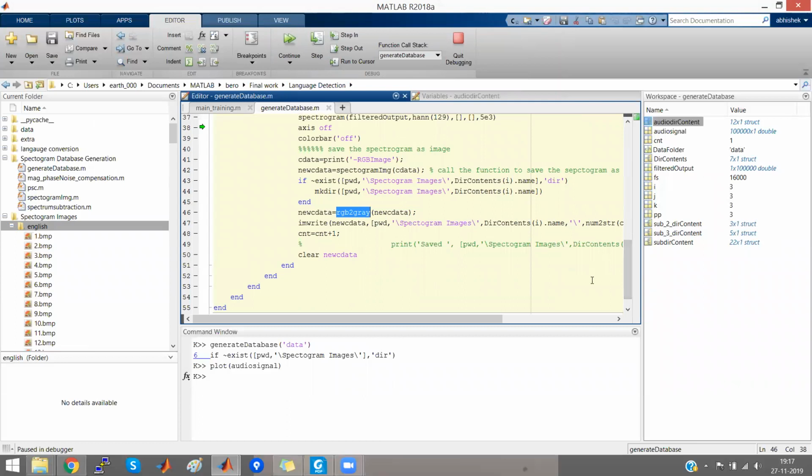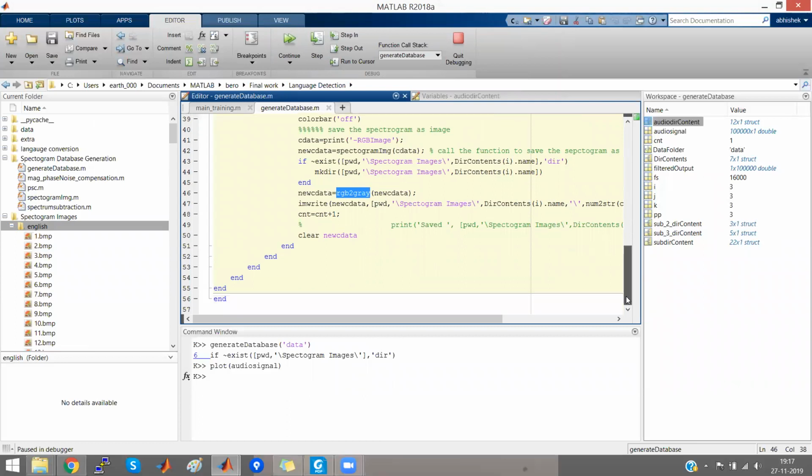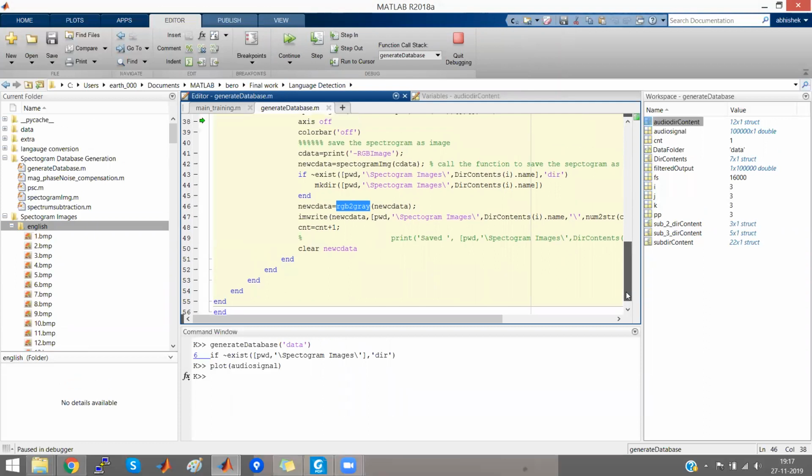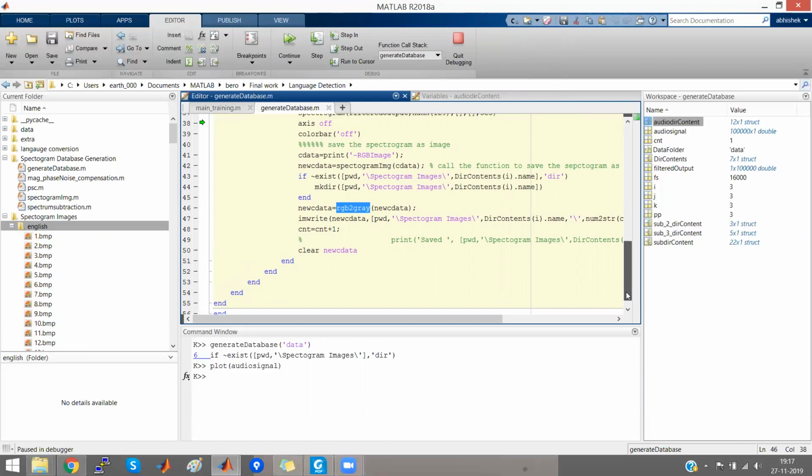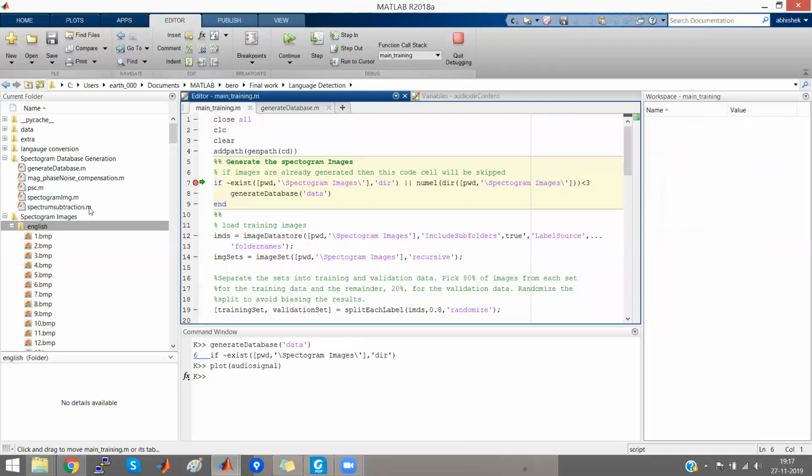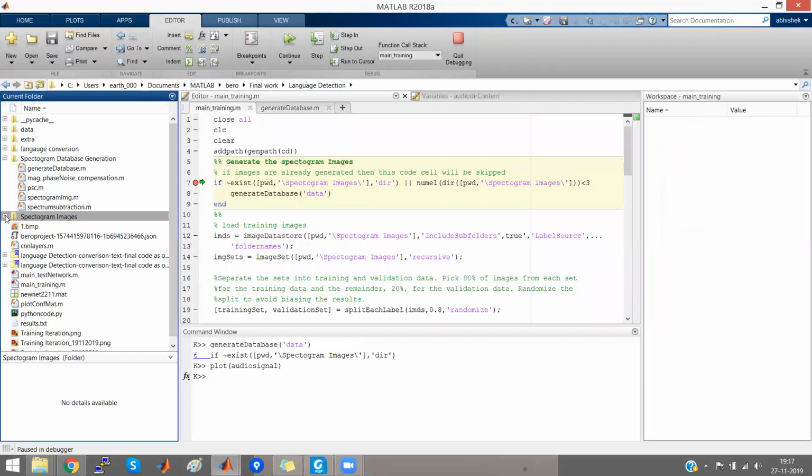This process will keep on repeating for every single audio signal, and every corresponding image will be stored in the corresponding directory of the language directory. And at the end, we will get a spectrogram images dataset.